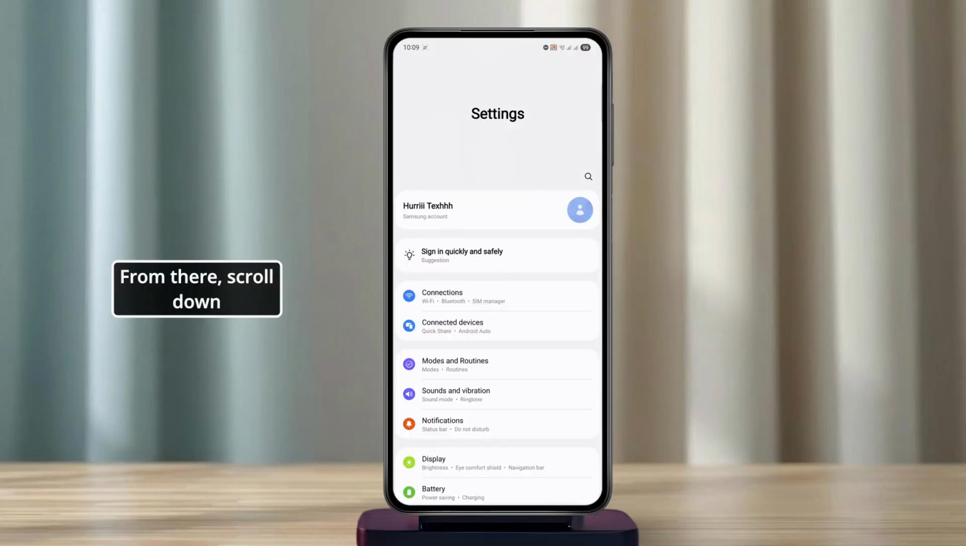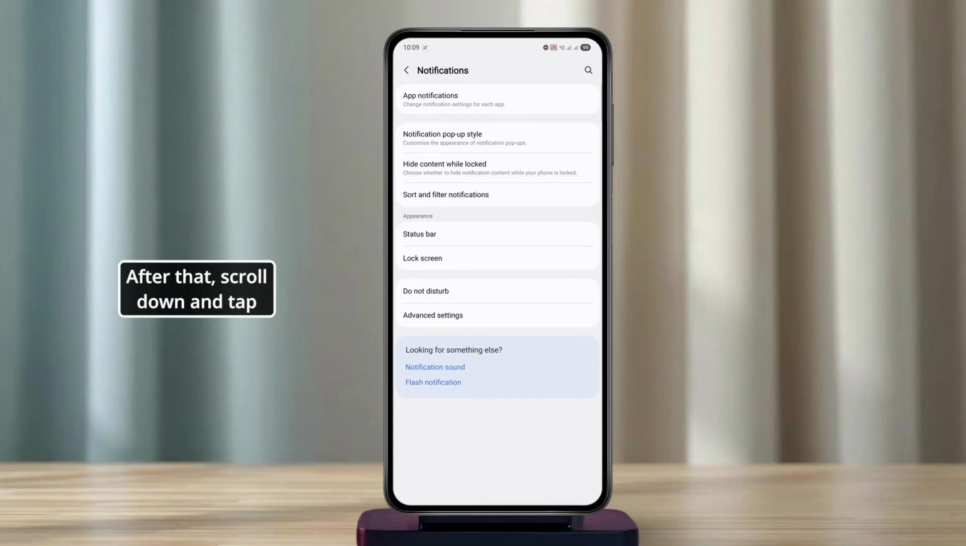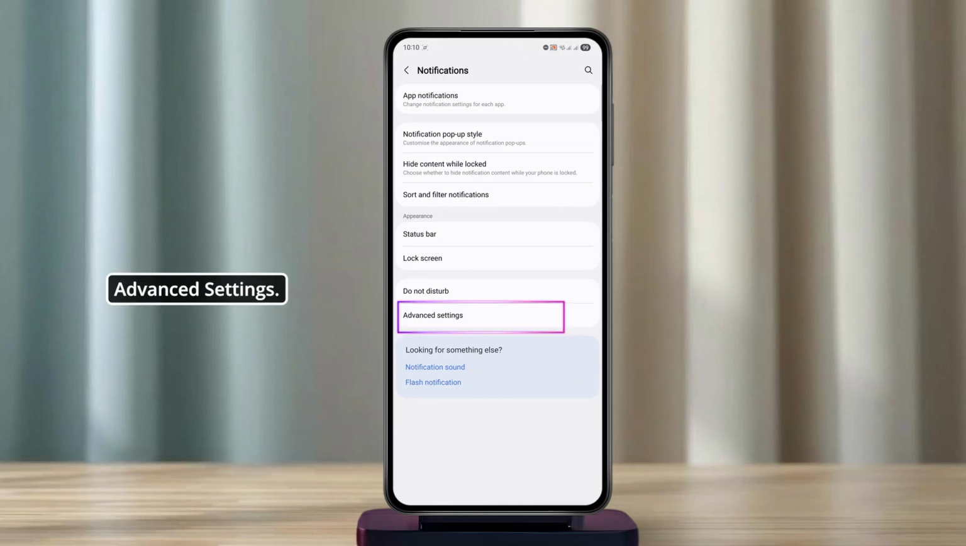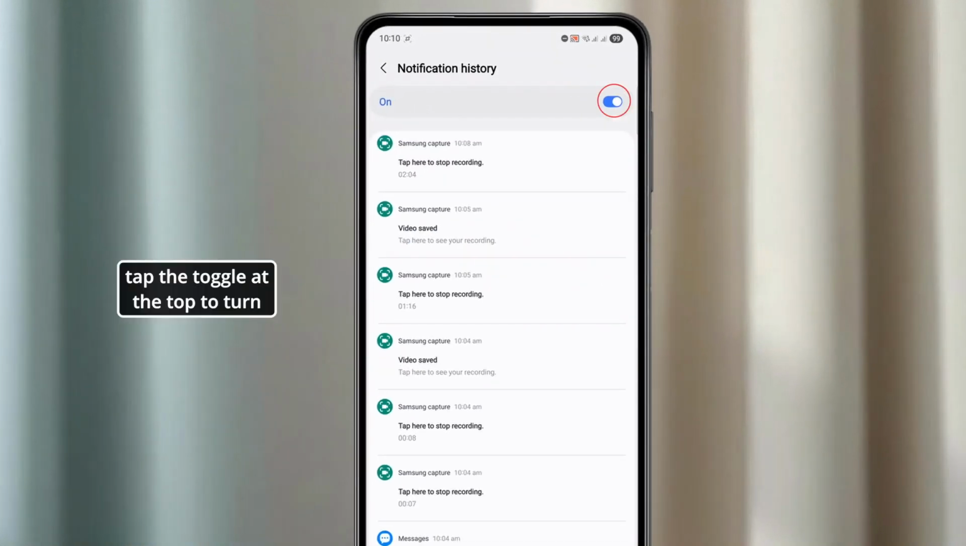First, open the Settings app on your Android device. From there, scroll down and tap Notifications. After that, scroll down and tap Advanced Settings. At this point, tap Notification History. Following this, if this is your first time opening it, tap the toggle at the top to turn notification history